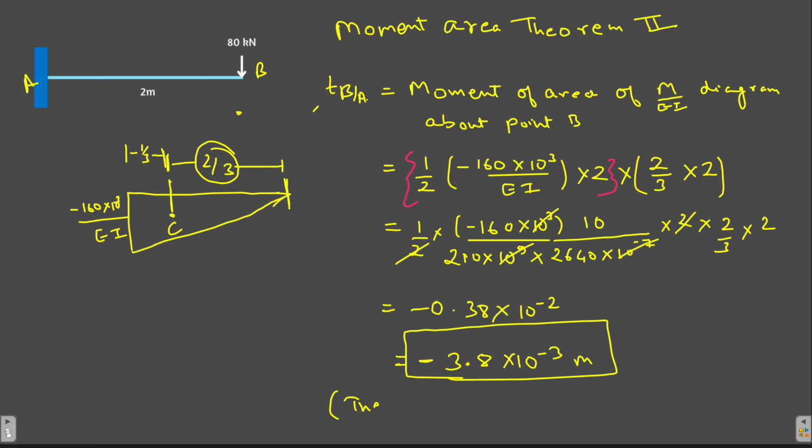It is very difficult to explain whether positive or negative, and to understand the sign convention of this theorem. But from the basic idea, you know that the beam will deflect downwards because the load is acting in the downward direction. So in the examination, you just write that the beam will deflect downwards.